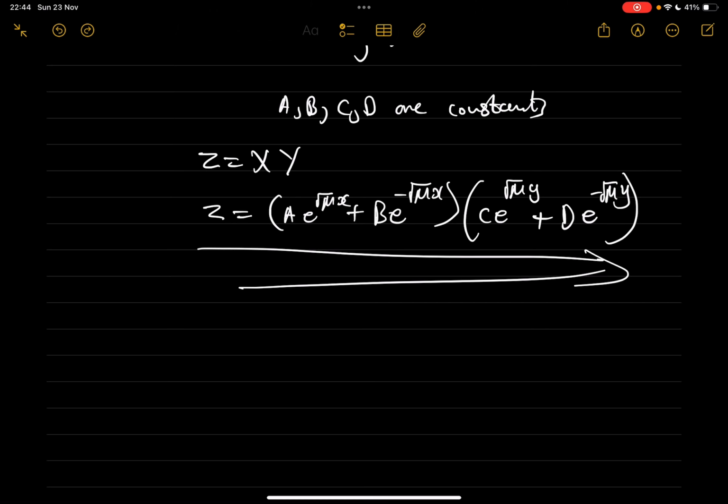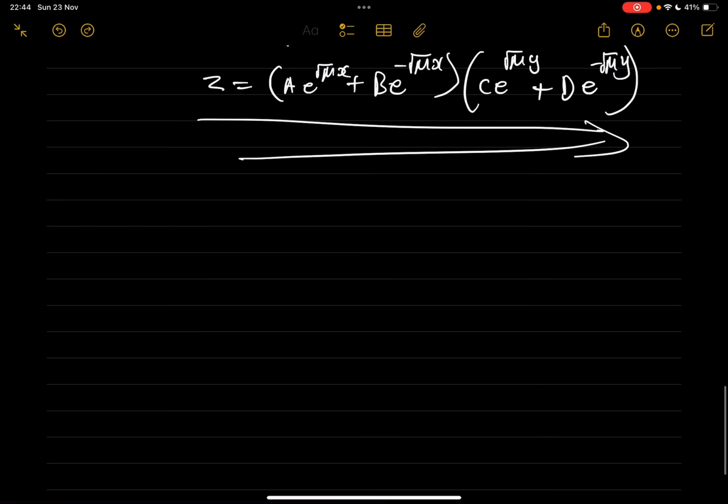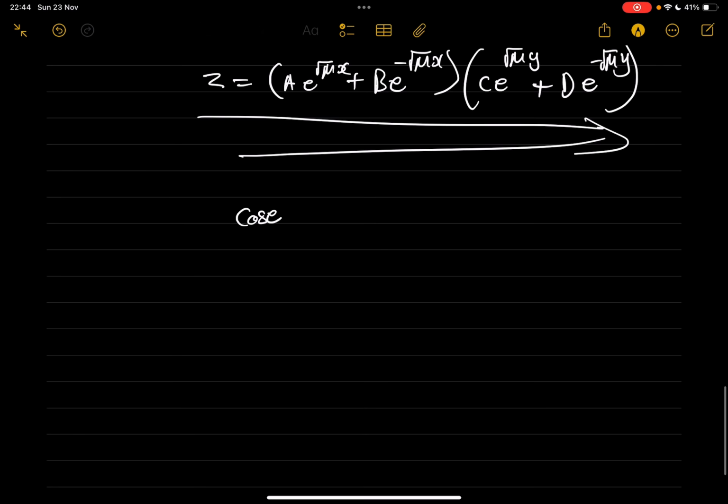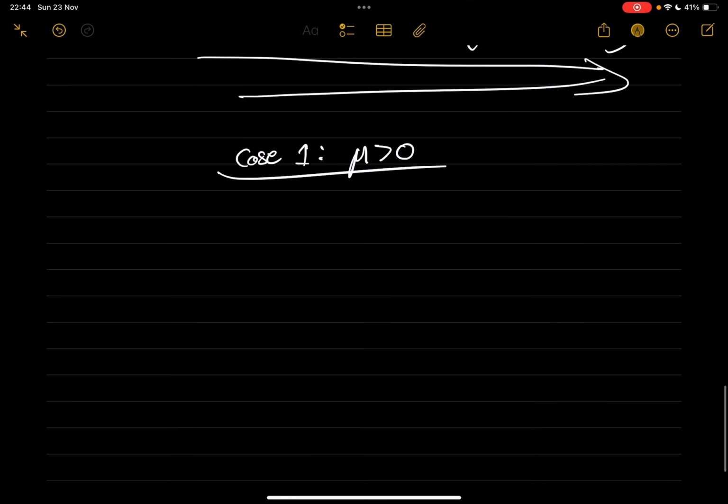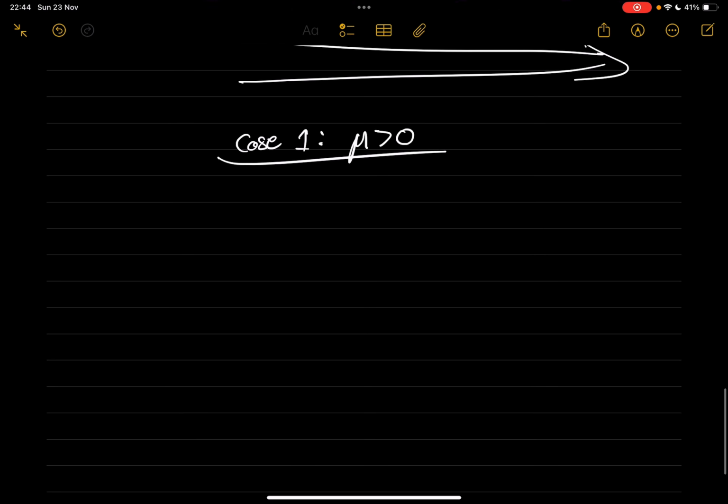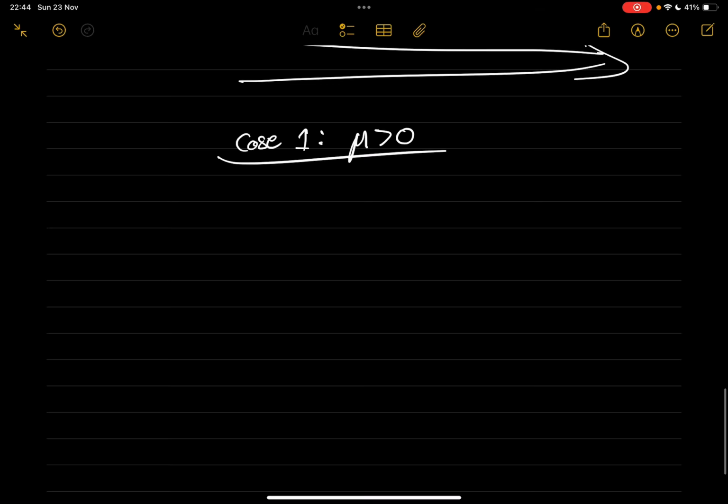The first case, we assume that mu is greater than 0. Obviously it's positive, a positive real constant. So you say let mu be a positive constant, represented by p squared,